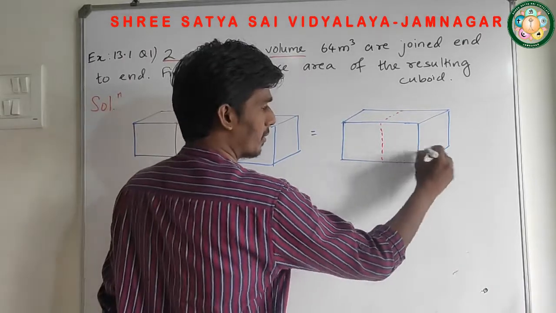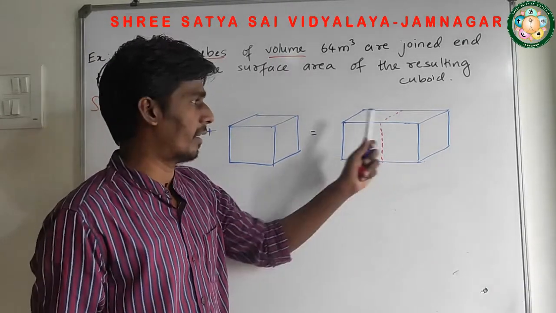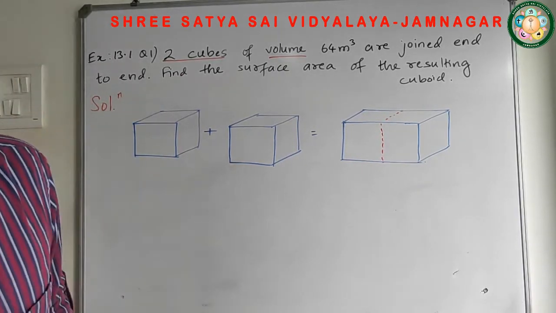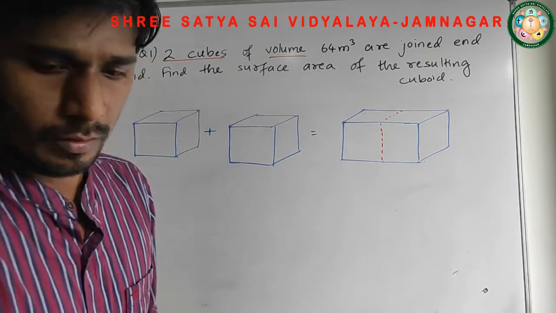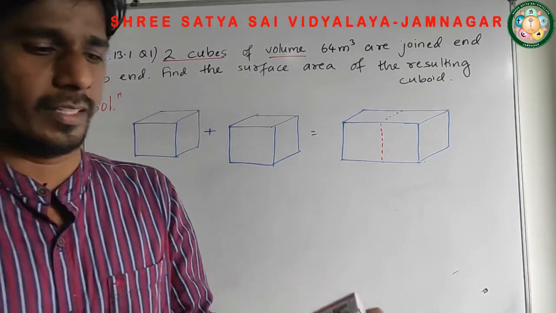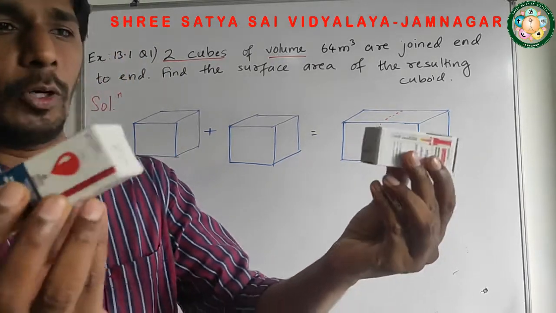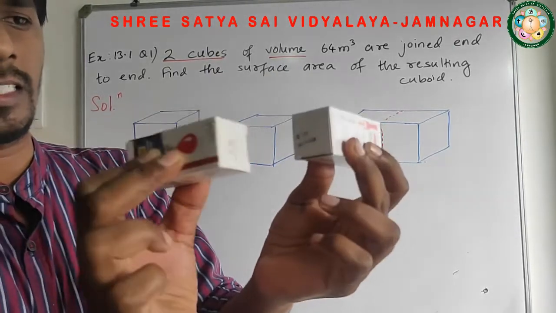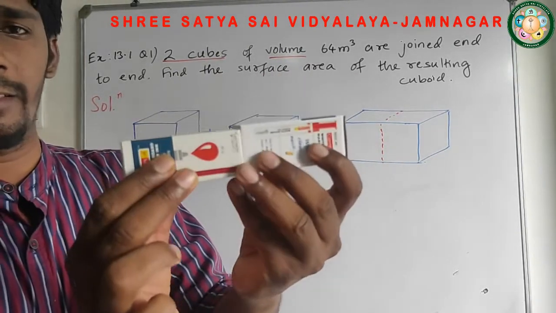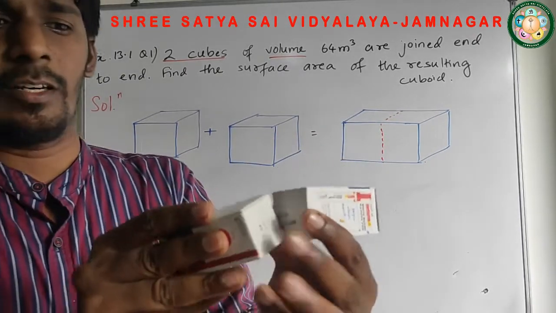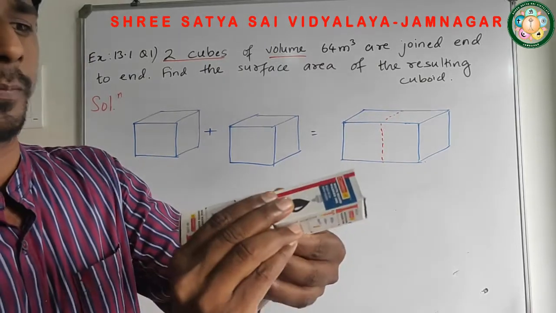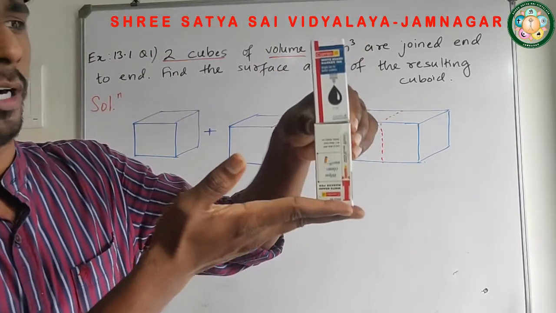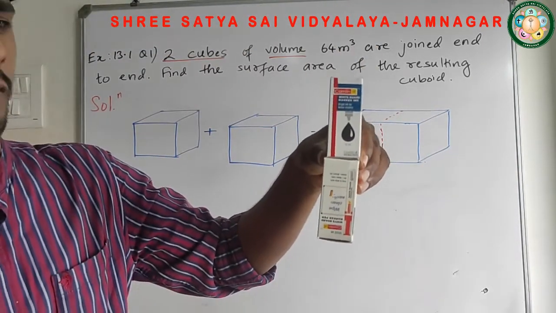So for this cuboid that is formed, we have to find out the total surface area of this cuboid. Now let me explain with this example. Right now I don't have any cube, so let's take this one as a cube only. If I combine these two different cuboids, look at this surface. If I combine this surface, then this surface will go inside. So now this surface, the internal surface, is not part of the cuboid. Now which parts remain? This surface, this one, back, top and bottom. So the total surface area of this we have to find out.